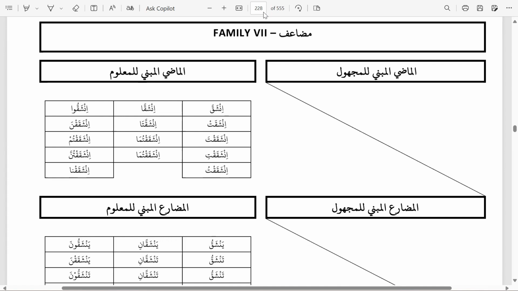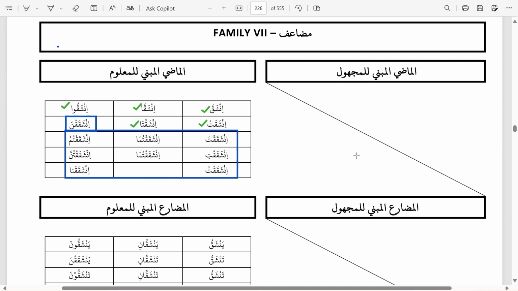Okay. So family 7, we have root letters sheen, qaf, qaf, and it becomes shaqqa. So you can see you have shadda in huwa form, huma, hum, hiya, then again huma. But in hunna, what happens? In shaqaqna, there's a separation over here, and after hunna, the rest follows the same.